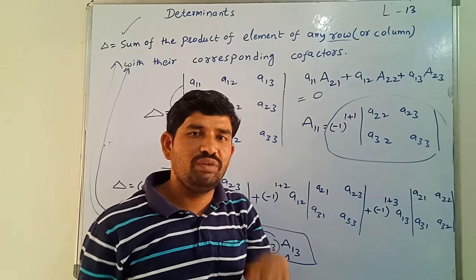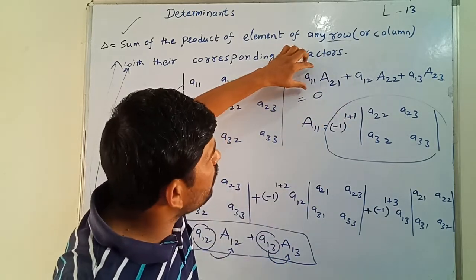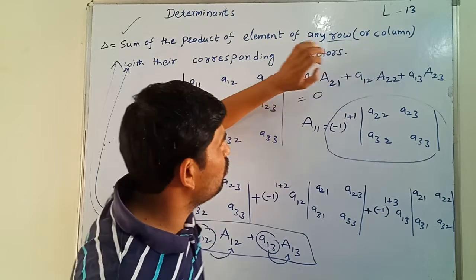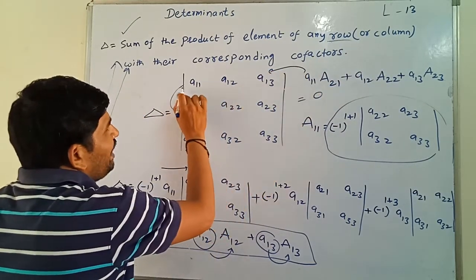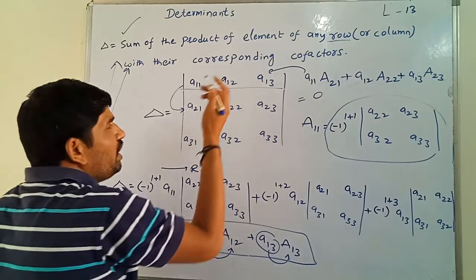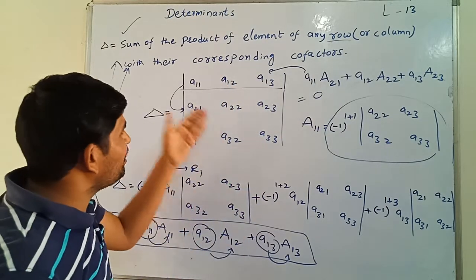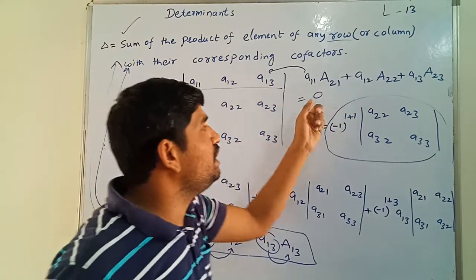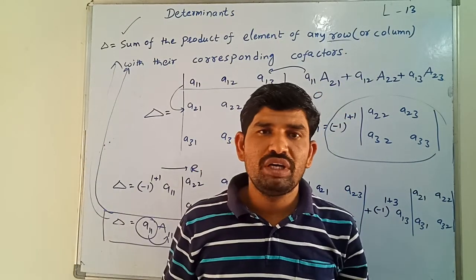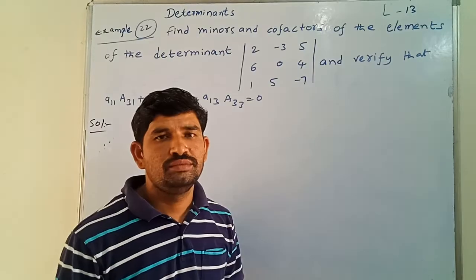There is one problem also there. We can continue. Definitely I will say how we are getting the result of this as 0. So once again I will repeat: the elements of the first row we multiply with the cofactors of the second row, then the sum of that result is giving what? 0. Okay, so we can continue with the example.